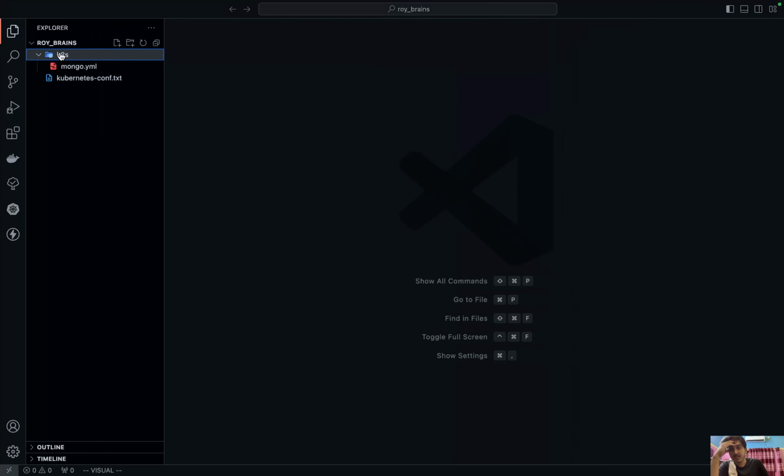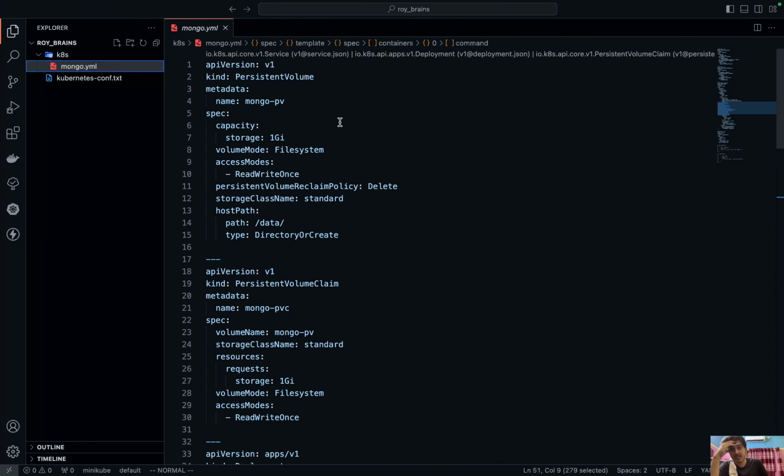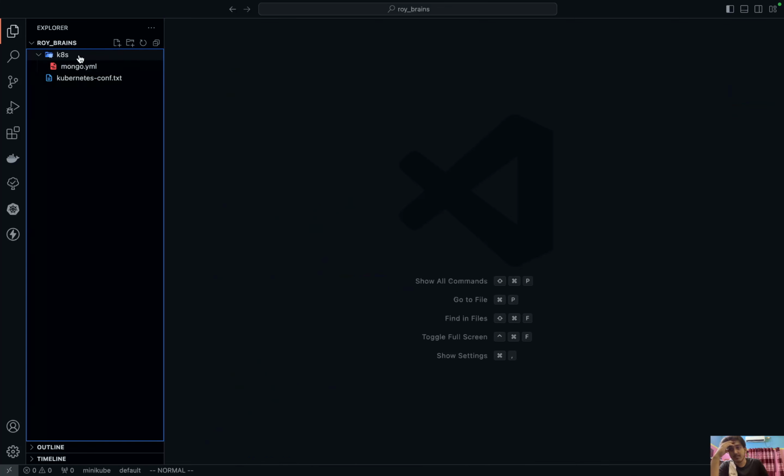So let's come here. I'm gonna use this Kubernetes folder. This is the first thing that I have tested out, and it was working quite well. That's why I'm gonna refer to it, but I'll try to do my best with a new folder. You can create another folder, but in my case I'm gonna use it here. So I'm gonna come here and make it like